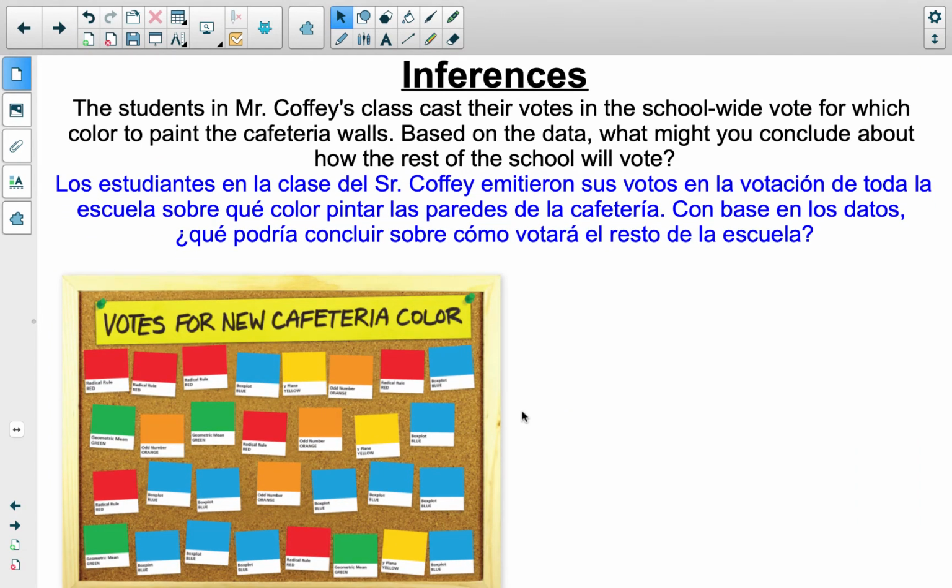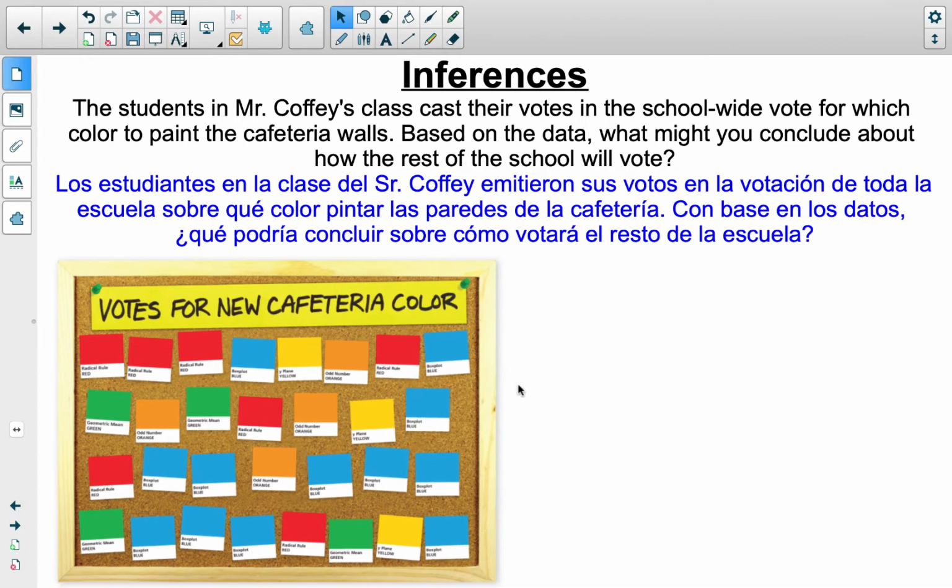So, the students in Mr. Coffee's class cast their votes in the school-wide vote for which color to paint the cafeteria walls. Based on the data, what might you conclude about how the rest of the school will vote? You can see the title here. It is Inferences. Today we're going to work on making inferences,